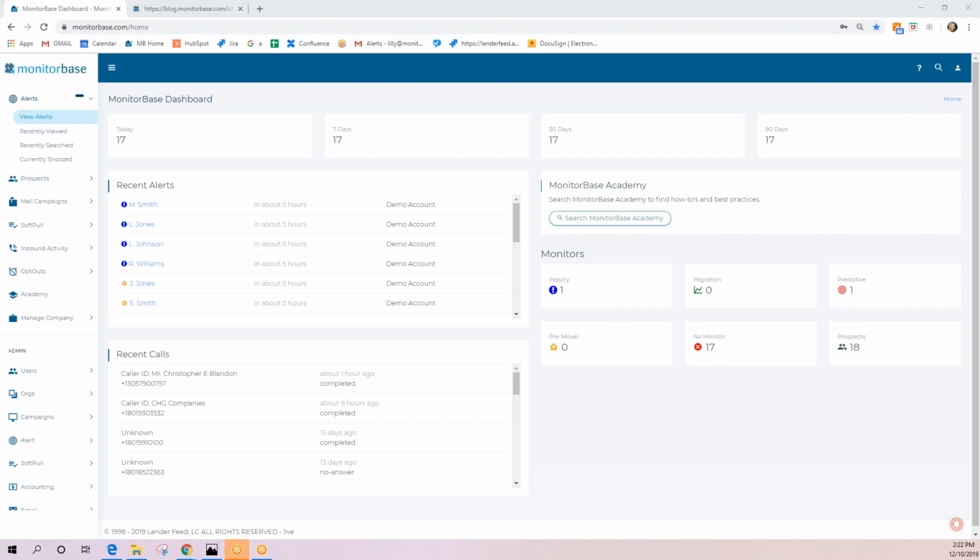So the basic idea here is that for somebody that maybe is having a conversation with you but isn't really committed to filling out a full loan application, you can do a soft pull with them. It won't affect their credit, and then you can continue the conversation from there. Or it's also really helpful for somebody that isn't sure where they stand from a credit standpoint and they want to have a conversation with you. And then you can see where they're at with the soft pull and see if it's even worth continuing further